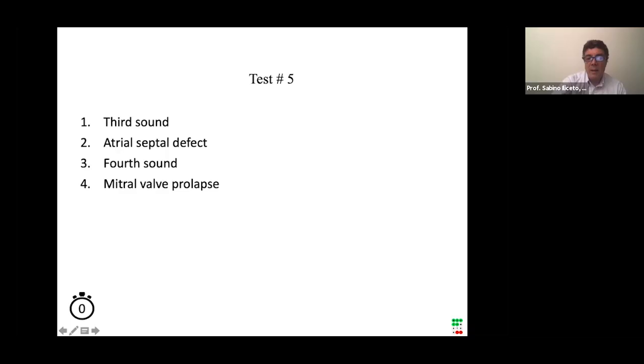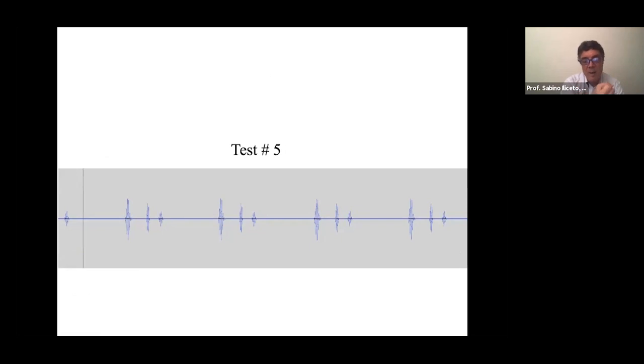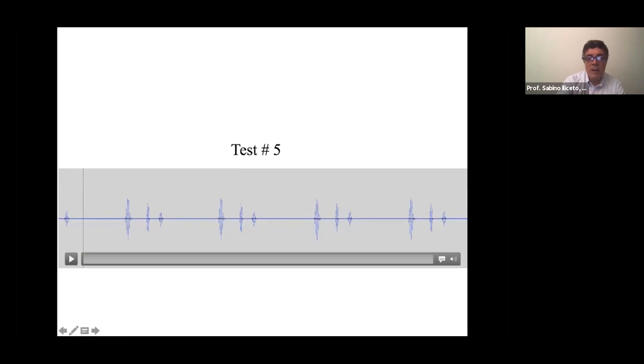So let me go to the recording again, and you will see now the recording, and you have first sound, second sound, and click. The click is the sign of mitral valve prolapse, but I understand that this can create a problem in the differential diagnosis, and that's the reason why I should make a slight modification in my presentation,